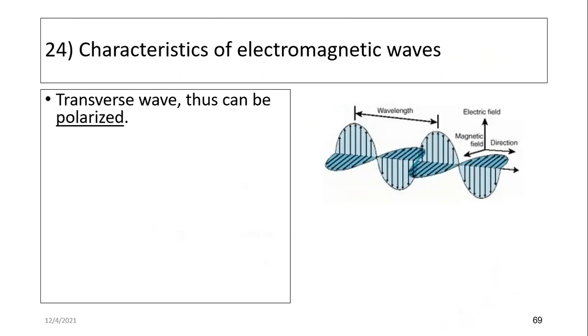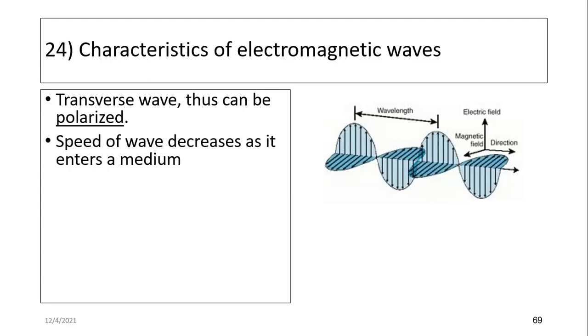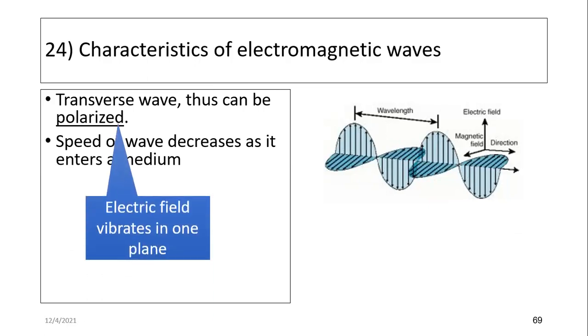Right? It's a transverse wave. So if it's a transverse wave, it can be polarized. That means you can force the vibration to be only in one plane. And then the speed of wave decreases as it enters the medium. Polarized means you can restrict the electric field in one plane. If it is unpolarized,